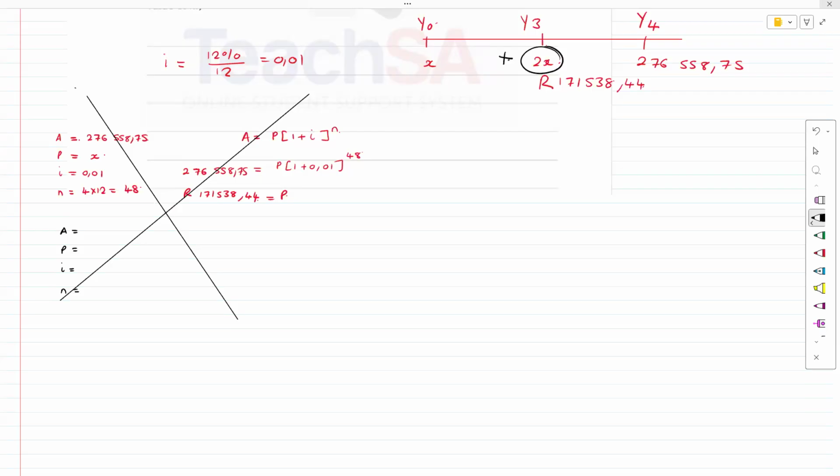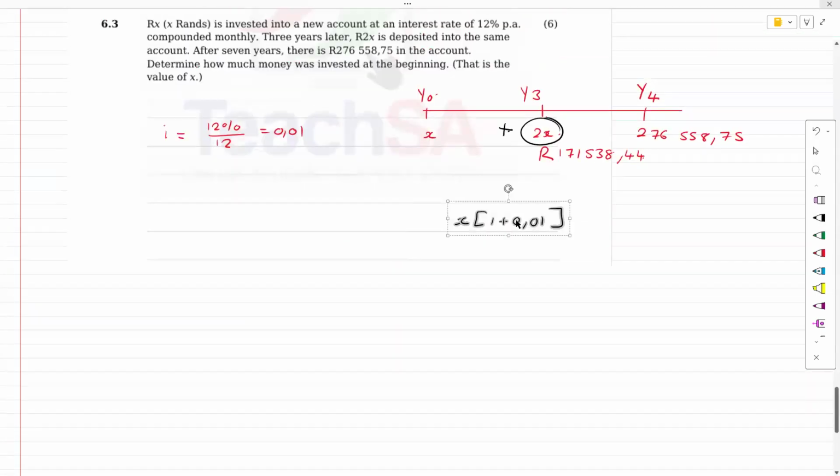So there's two payments. Both of them are compound interest. And the first payment is an unknown amount of x, 1 plus 0.01 to the power of. Now, guys, let me take this nonsense out. This is the way that it was expected to be done. Guess that didn't work out. But yeah,